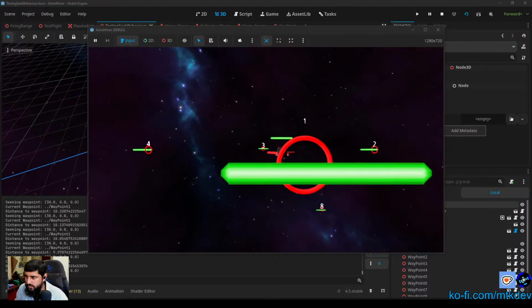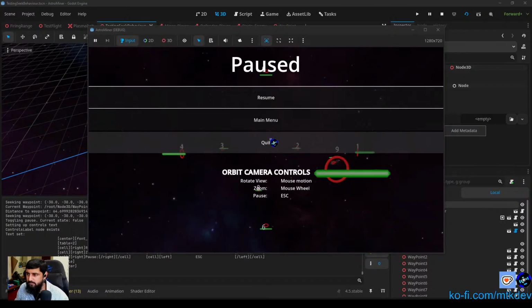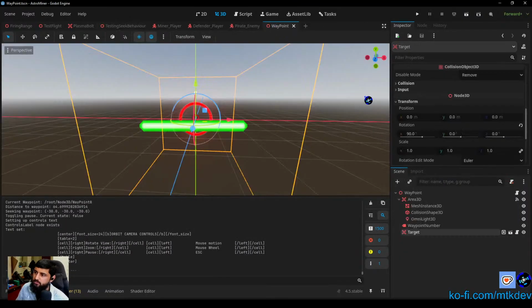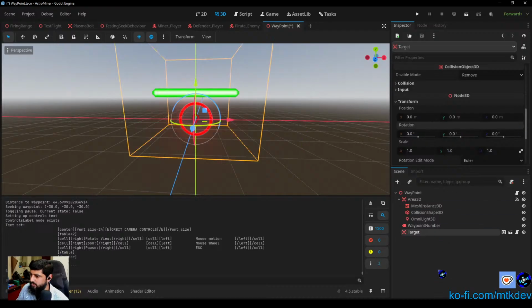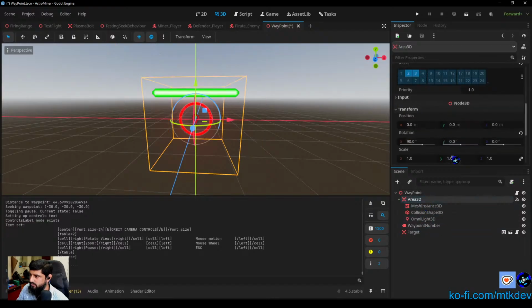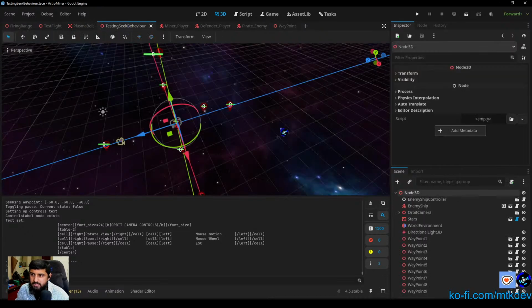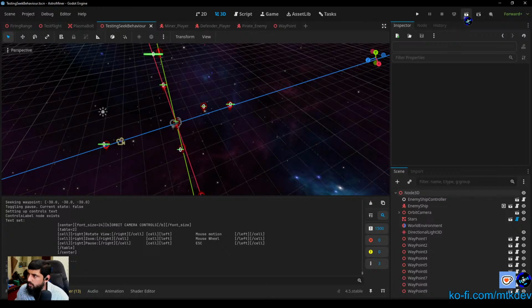The meshes are aligned, but the health bars are messed up. So what if I did this instead? I revert that rotation and I go here and I revert this thing's rotation too, like that. So now the meshes are aligned, and if I go to testing seek behavior now,